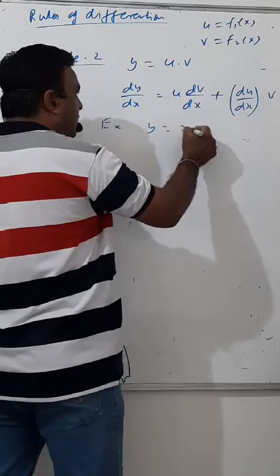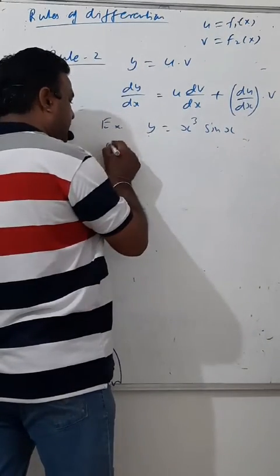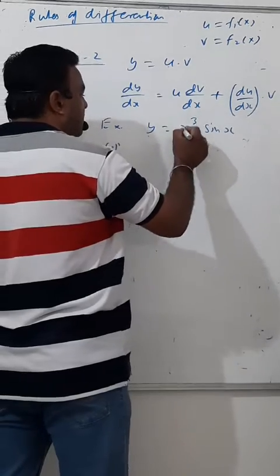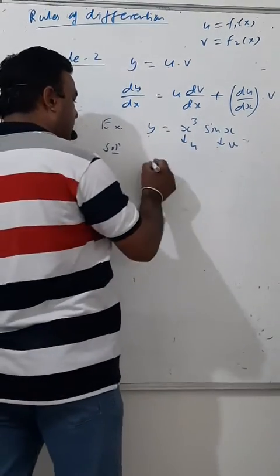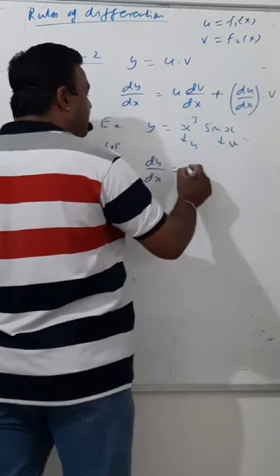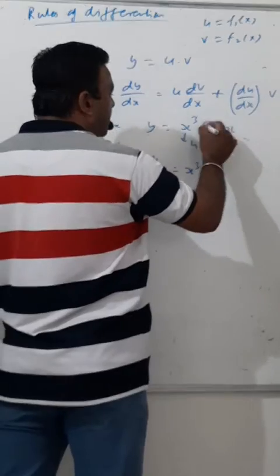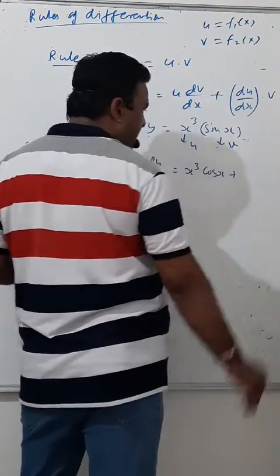Example, y is equal to x cube sin x. Now this is our u, this is v. dy by dx, keeping x cube as it is, differentiating sin x gives cos x, plus